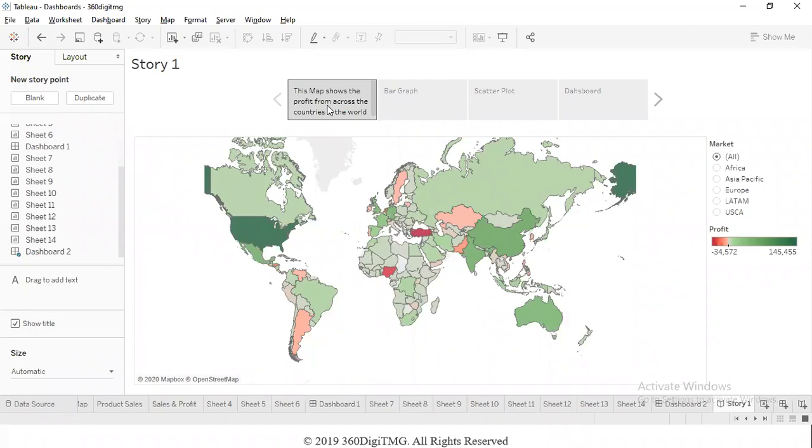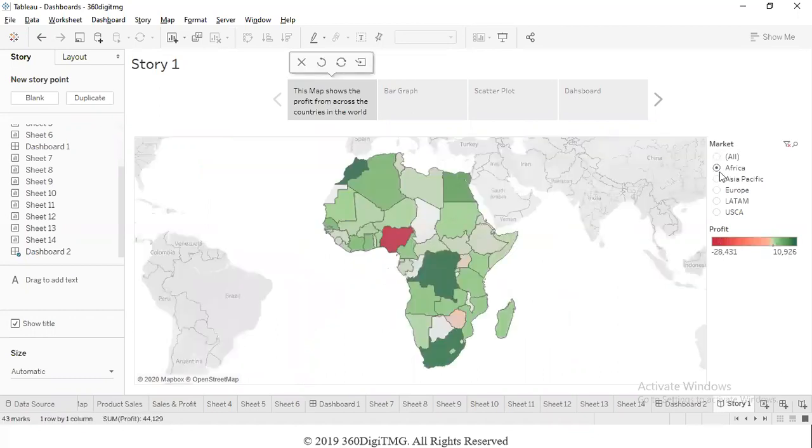there is one advantage that we get on a story. The advantage is, suppose we change this chart by using the interactive filter or maybe a parameter. Suppose we choose some member on the filter and we are looking at the data corresponding to the selection that we made. This is corresponding to Africa. Now here we can save this as another point in the story. On the caption box, this last icon is called save as new. It will help us to save this particular instance of the map, showing us the profits coming from, let's say, Africa, as a new point.